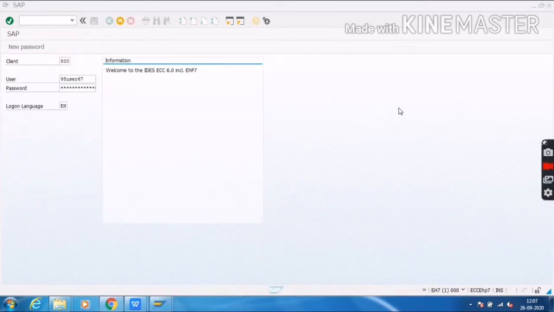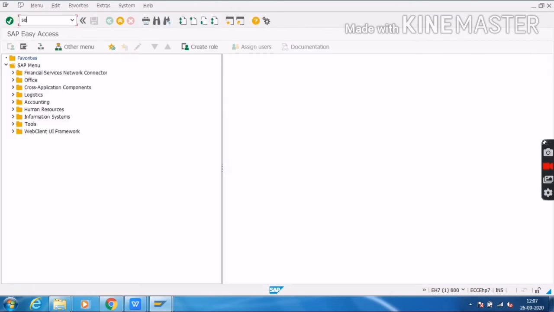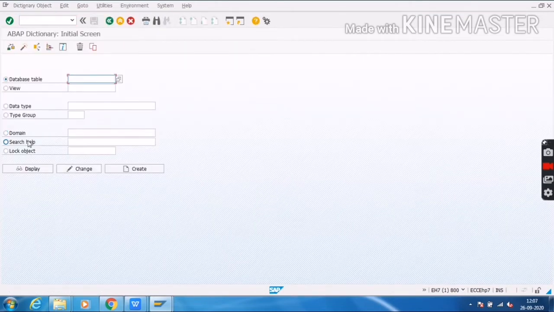So these are the search helps. Now you will see how to create a custom search help and how to use it in our custom table fields. To create a search help, we go to SE11. Before creating it, I want to show you which table I'm using inside the selection method. This is my table, ZTEAM_CHENNAI. I like cricket, that's why I'm using this type of example.